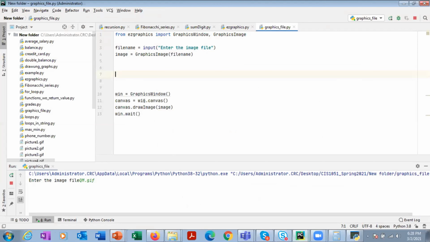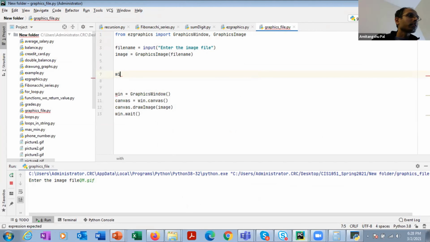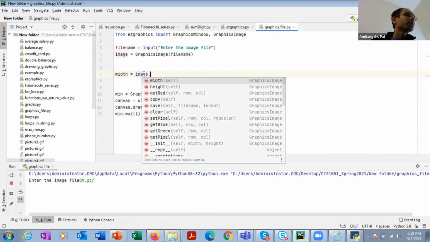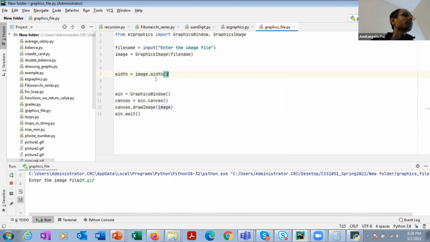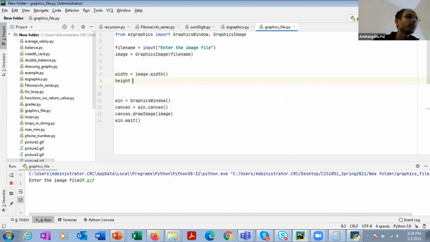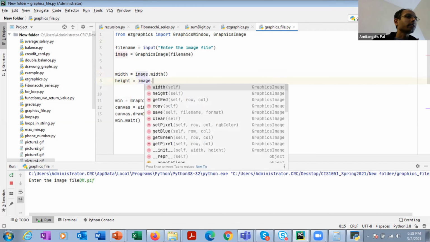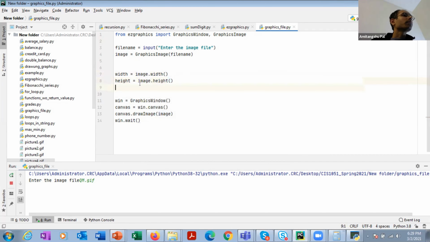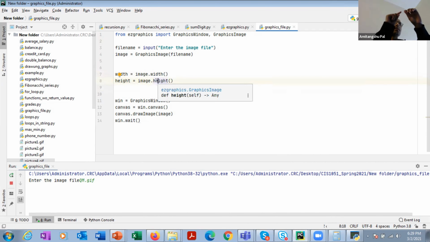My width is going to be equal to image dot, and if you write image dot you will get width, height and all these functions. So width is going to be image dot width, and the height of that image is image dot height. From these functions you will get the width and the height, that means how many pixels are there in the horizontal direction and in the vertical direction of that image.